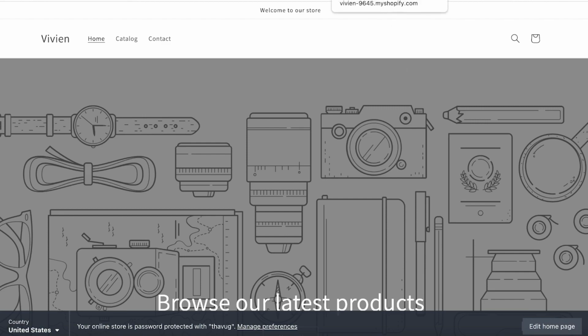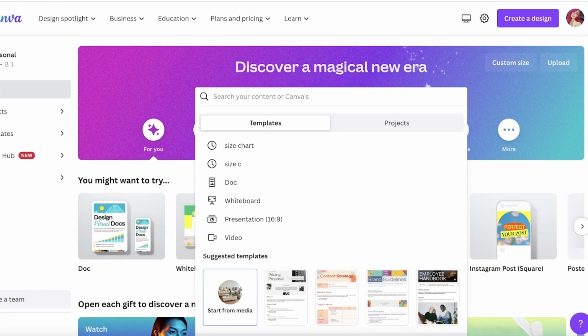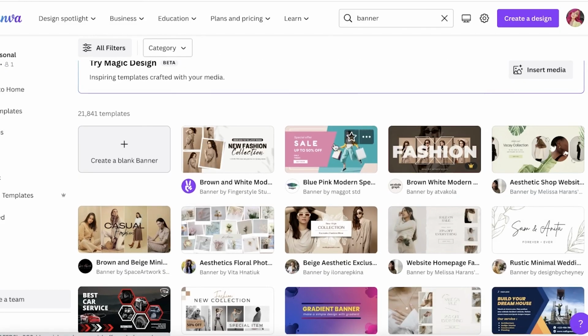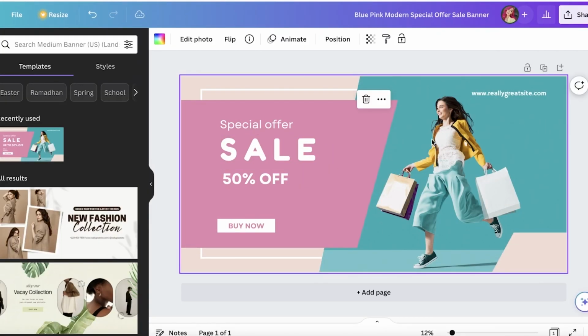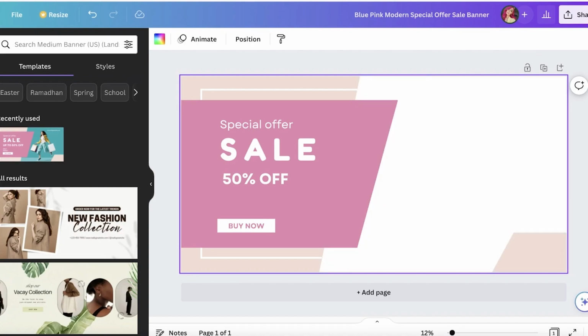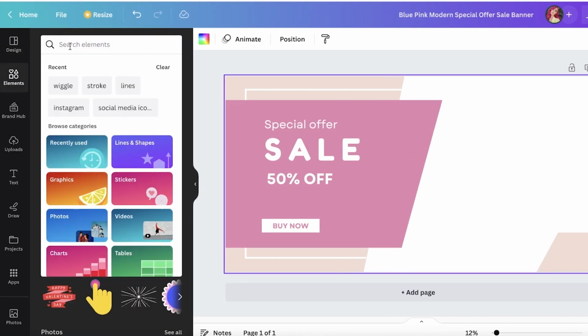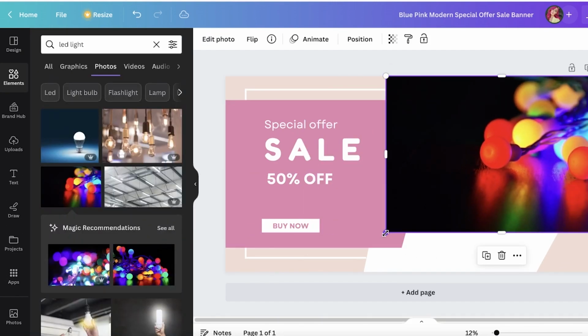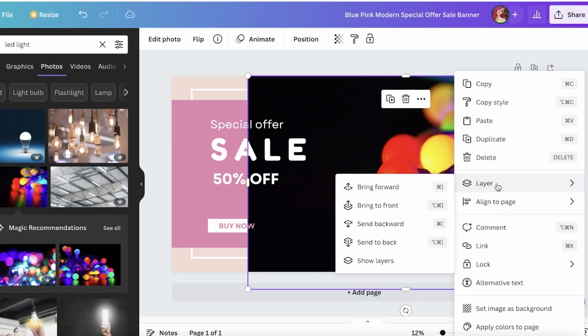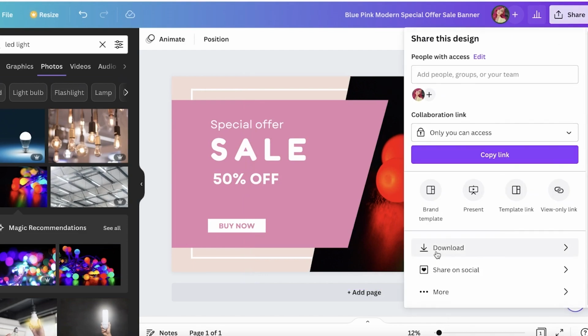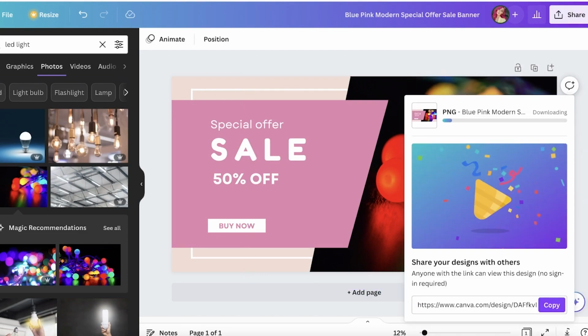get started. So let's say I'm just selling a light bulb, and I will just go on to Canva, and I will just add a couple of images. I'm just going to search for banner over here, and I can take a banner like this one. This is a very nice banner. And I'm just going to change the image over here. Instead of this one, I can just choose my own image. You can upload images of your own item like this. You can enter a picture of your own item, click on layer, and then click on send to back like that. And now I can just click on share, download this item, and now I'm going to go into my